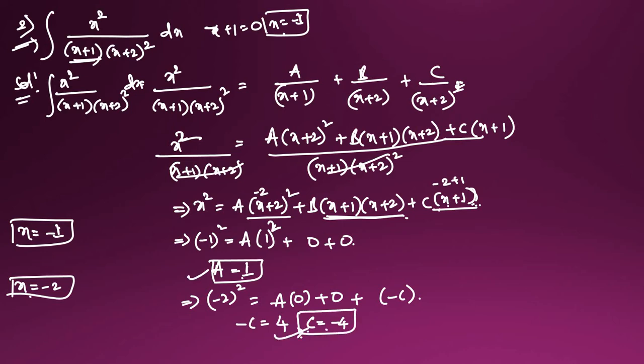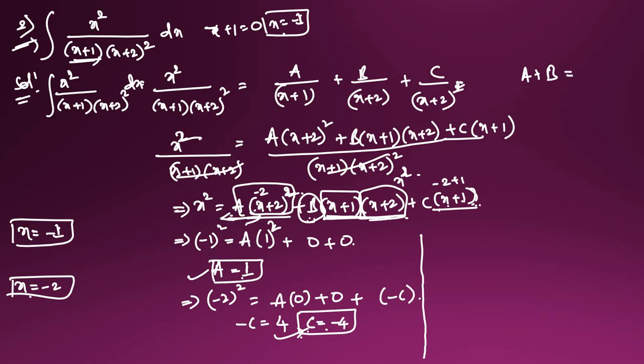B value we have to find. So how will we find the B value here? So here, if you multiply, this x + 1 into this (x + 1)(x + 2), in this you will find the x² term, okay, x² terms. Here in this also we will find the x² term, (x + 2)², in this one. So in this, from this x² term, we will find A + B. So it will become A plus 1.